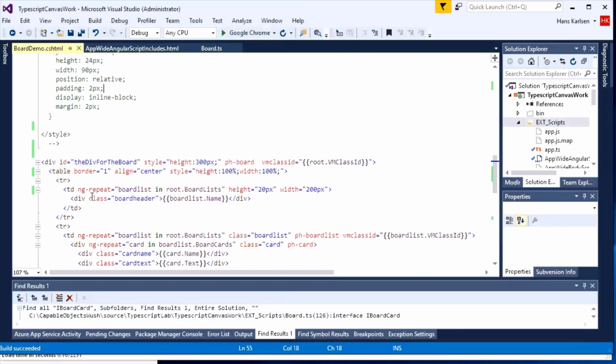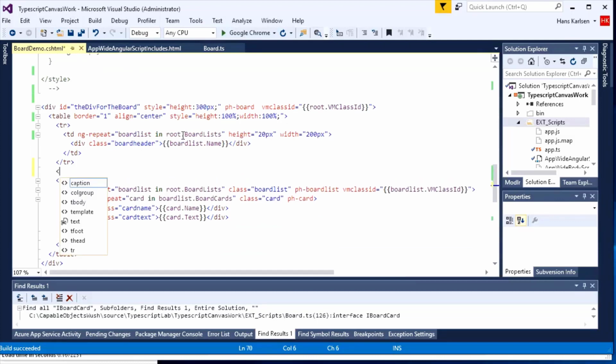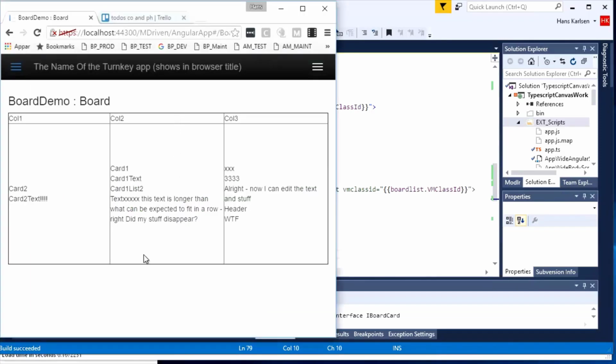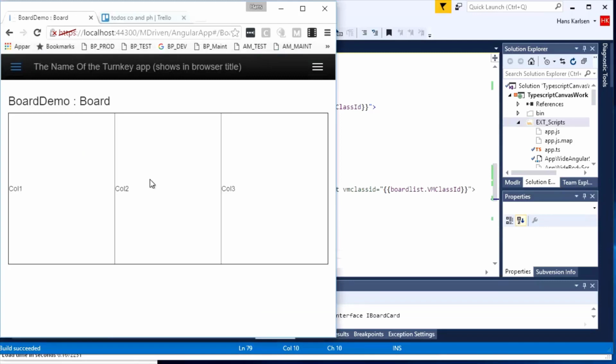I'm going to simplify it even more. If I comment out these things here, it will be apparent that I reload the page. Now I just see 3 cells in a table with column 1, column 2 and